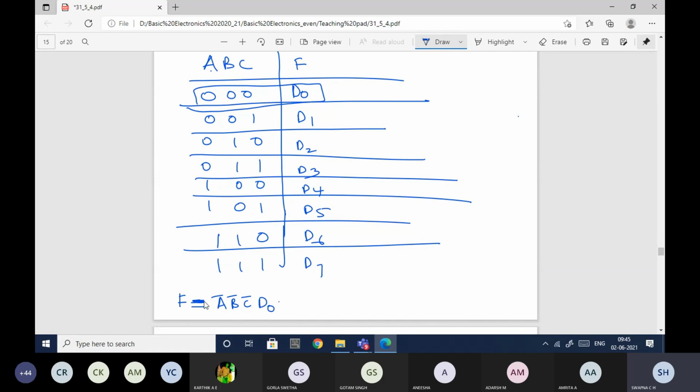If the ABC values are 0 0 0, what happens to this function? It will become 1 1 1 D0. So 1 and 1 and 1 and D0, what will be the overall value of this?